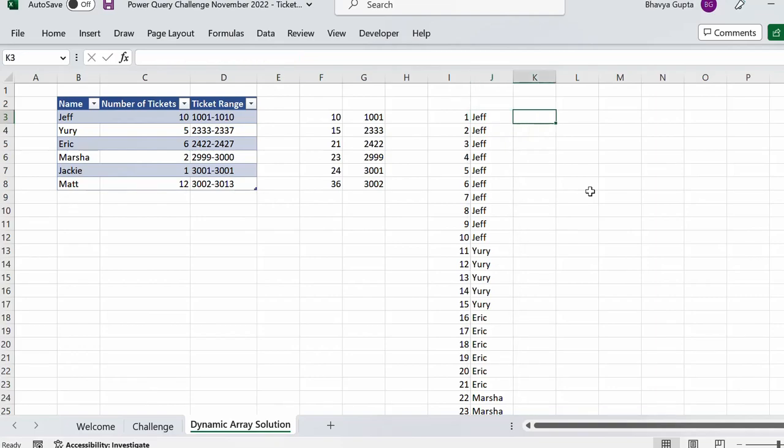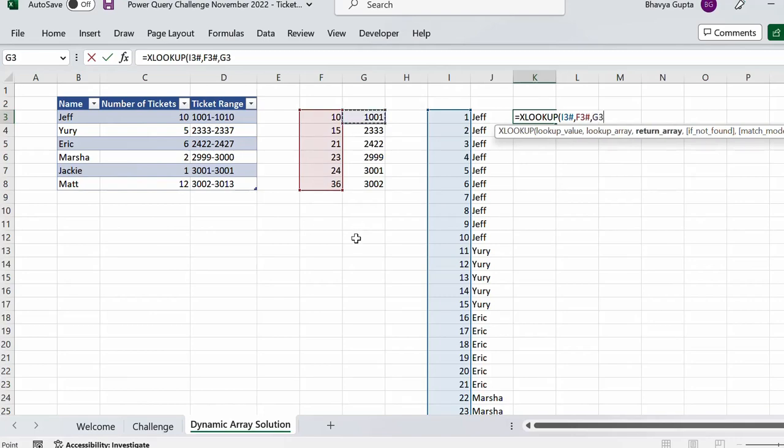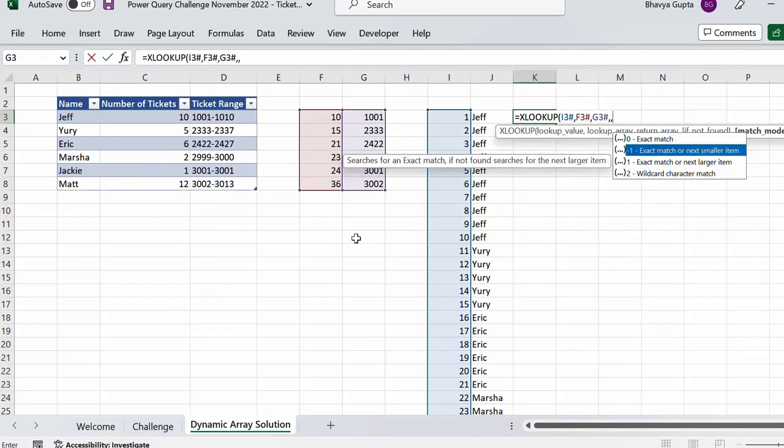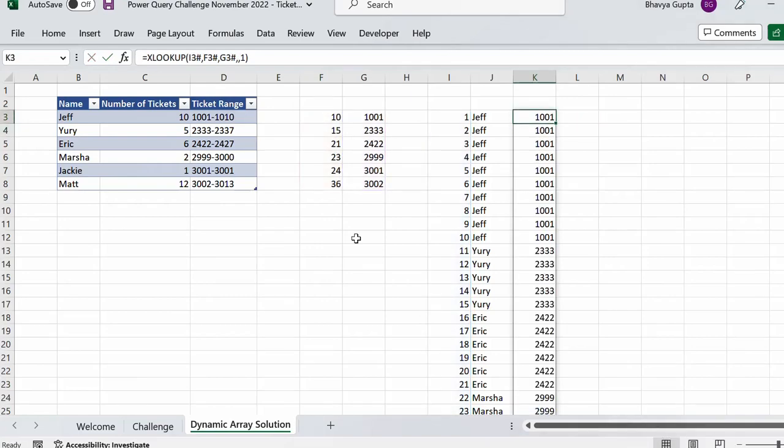Now comes the second part, and that is a bit tricky. So again, we will use the XLOOKUP function in a similar manner, and our lookup value is this array. Our lookup array will be again similar, but our return array will be different. And let's say we keep this as our return array. Again, our match mode will be exact match or next larger item. Let's close the bracket now, press enter, and we have got this as our resultant array. But this is not exactly what we wanted to see. What we want is that this